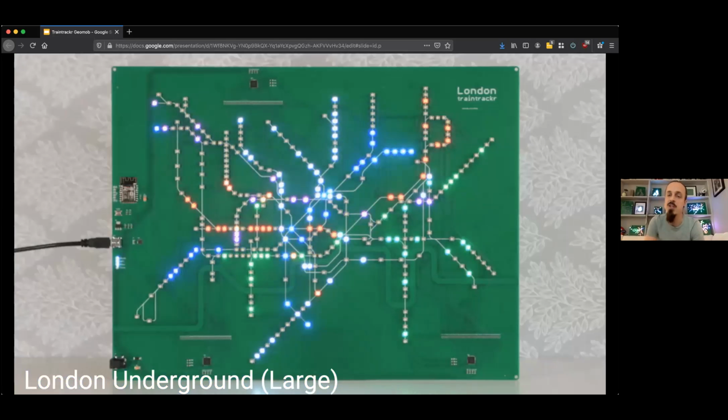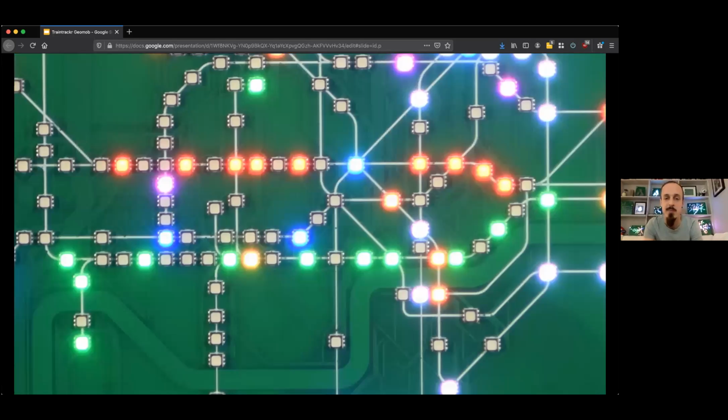This one's about 400 millimeters by 300 millimeters, so it's pretty big. And we used RGB LEDs. These have a red, a green, and a blue, all combined into one chip, so you can basically do any color you want. They're more expensive and bigger, but you can do the whole set of colors. So that's the large London board,